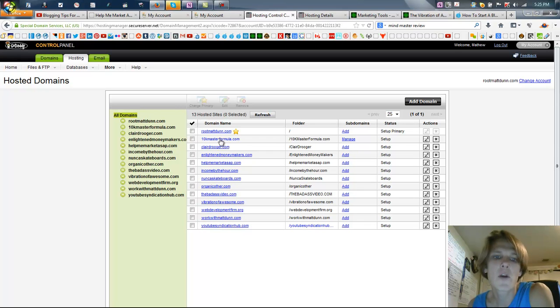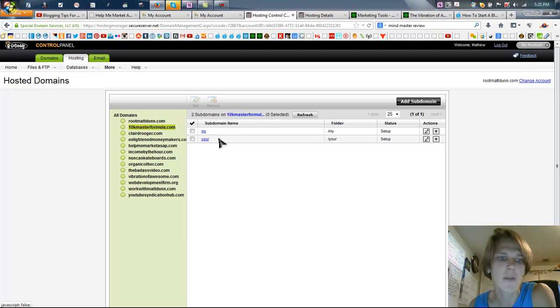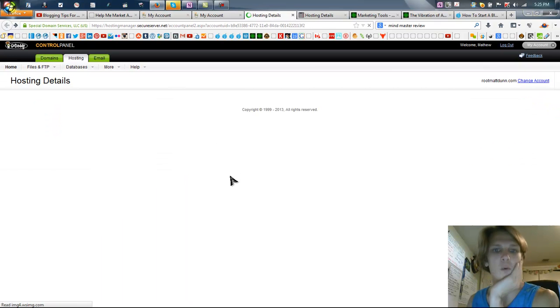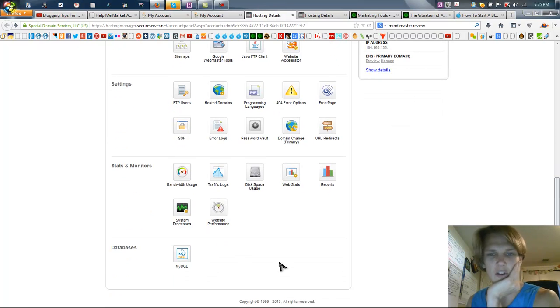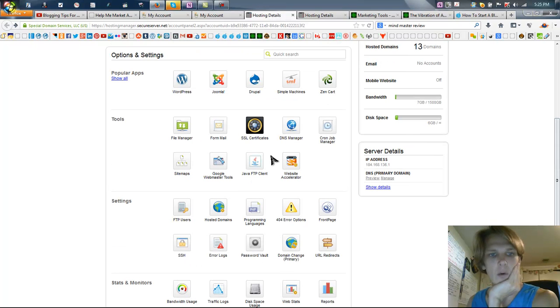So I'm going to go over here and install WordPress onto a subdomain of 10kmasterformula.com. It'll be your 10kmasterformula.com. And what you want to do is go back to where we started. You just want to make sure that you've got your domain listed here and you have a place for your files to go. And we're going to go over to WordPress, and we're actually going to install WordPress into the folder that we just created for our